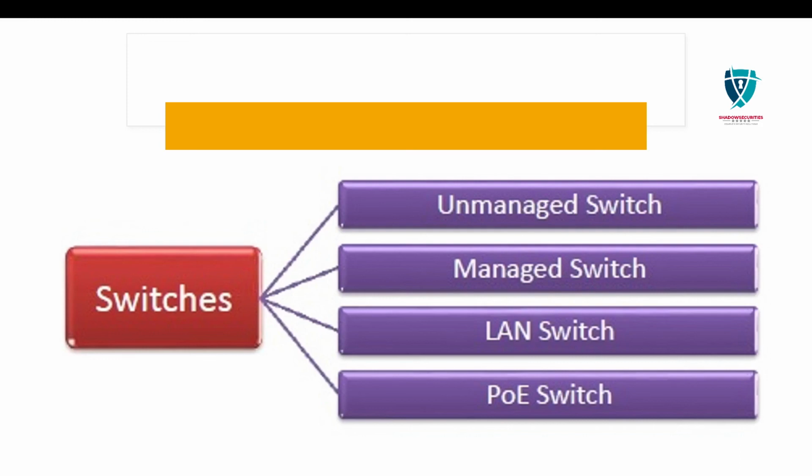And then the PoE switch. PoE means power over Ethernet. These switches are used in PoE gigabit Ethernets. PoE technology combines data and power transmission over the same cable, so that devices connected to it can receive both electricity as well as data over the same line. A PoE switch offers great flexibility and simplifies the cabling connections. So next we will see how to configure a switch by using Cisco Packet Tracer.